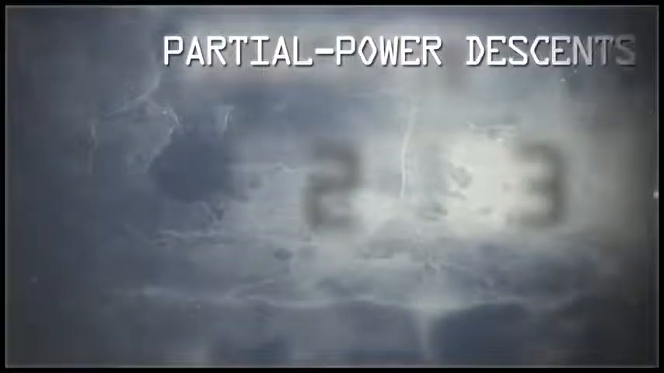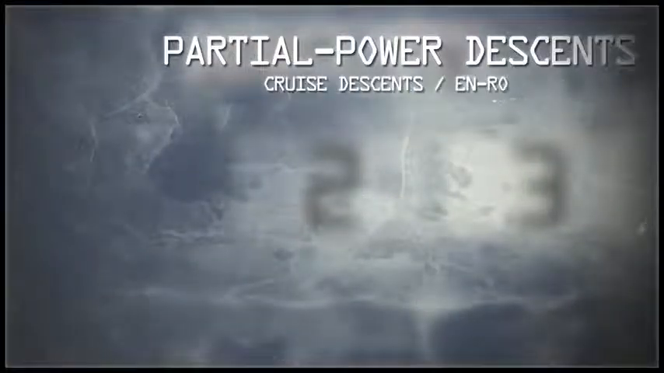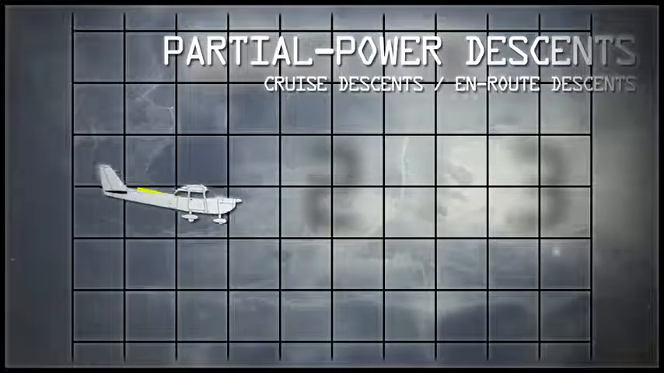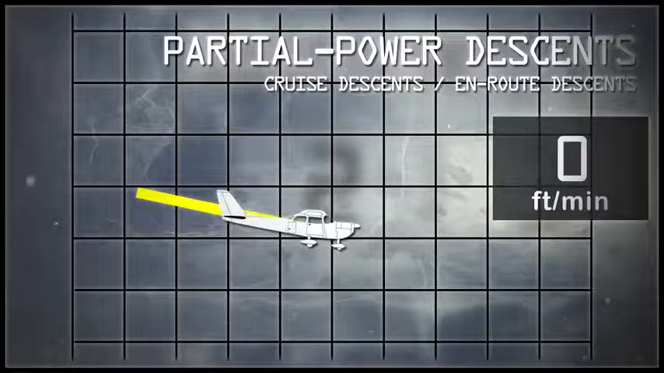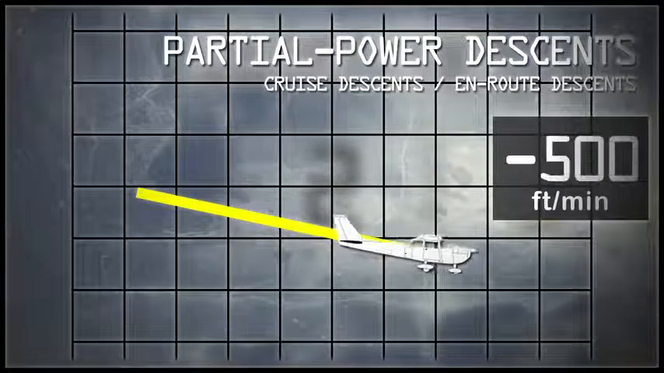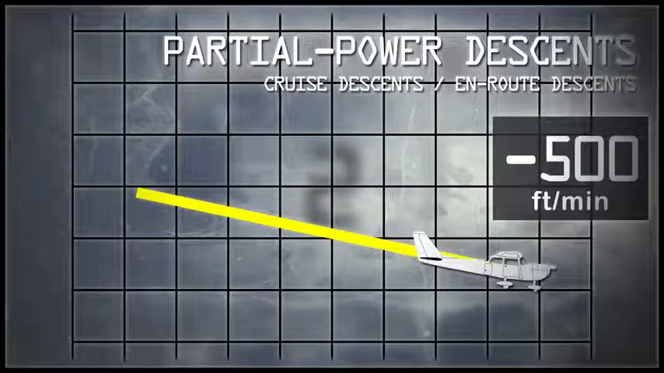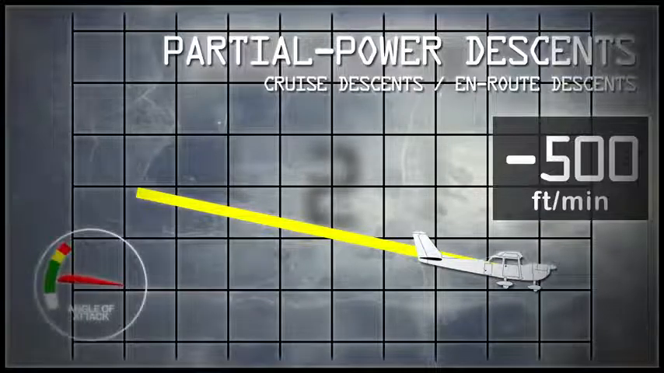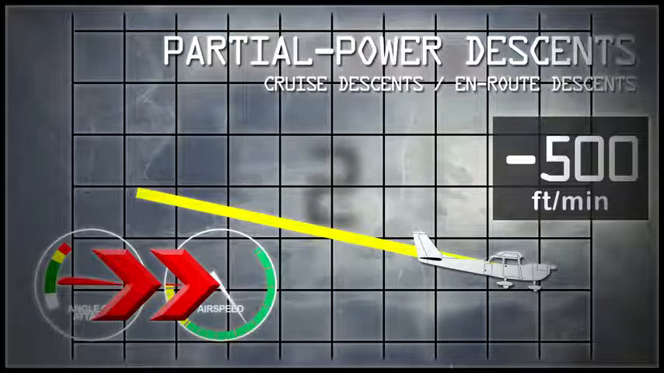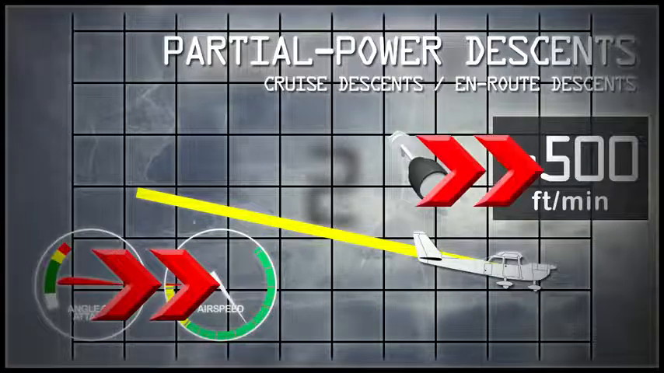Partial power descents, also known as cruise descents or en route descents, are the normal method used to descend. The target descent rate for this should be about 500 feet per minute. Ideally, the pilot should set their pitch to maintain the desired airspeed and use the throttle to control the descent